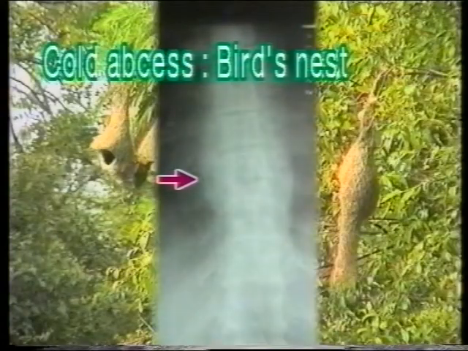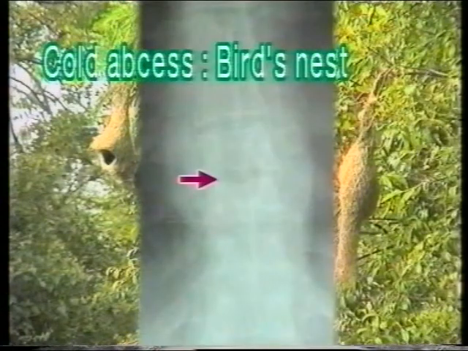The next characteristic feature of tuberculosis of spine is a cold abscess. The paraspinal abscess casts a soft tissue shadow with convex lateral margins in the thoracic region. This is described as a bird's nest appearance, akin to this bird's nest seen in the side picture. Note in the close-up view the bone destruction and reduced joint space shown by the red arrow.